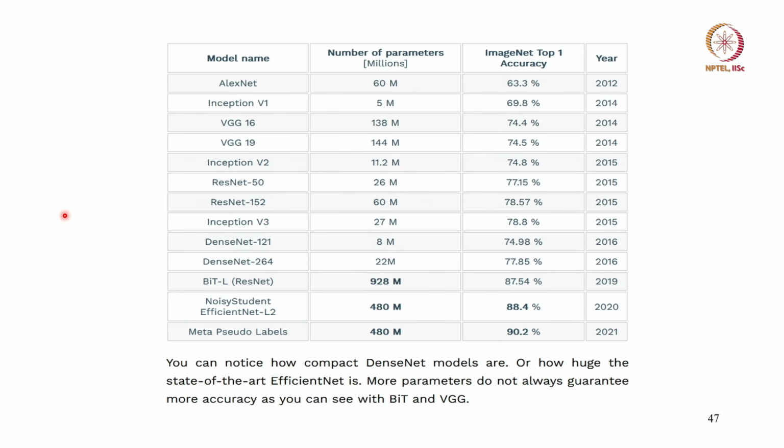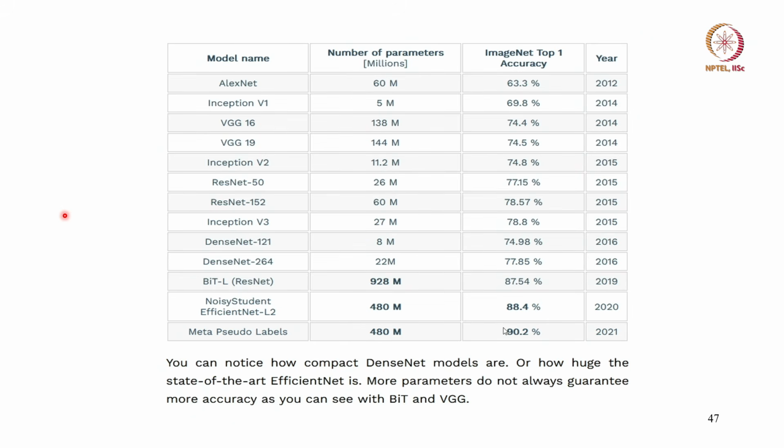So what we can see here is that if we look at all the CNN models that we spoke of, and we look at the accuracies, we can see that EfficientNet is doing fairly well, and what is called Meta Pseudo Labels is also doing well. Okay, so these are the more recent